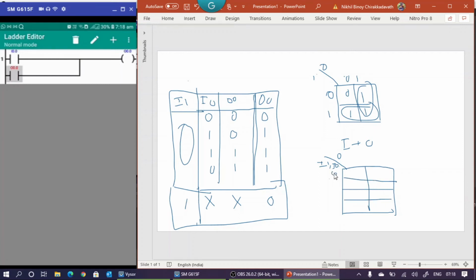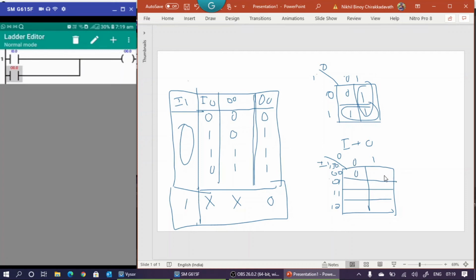This is 0, 0, 0, 1, 1, 1, 1, 0. This is 0, this is 1. Now, if I1, I0 is 0, and output is 0. This is 0.